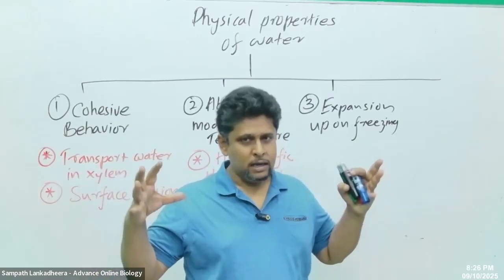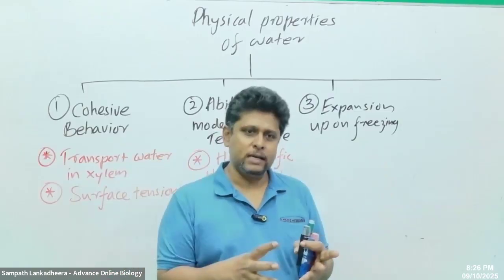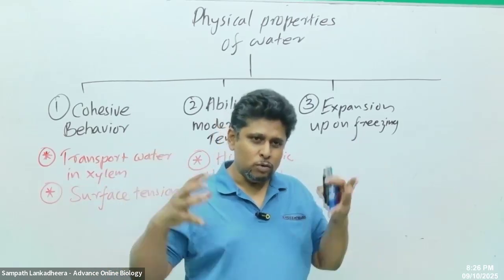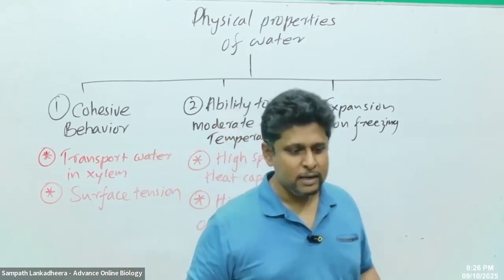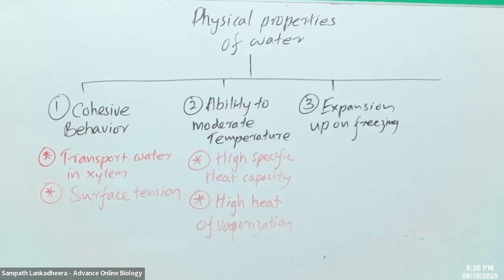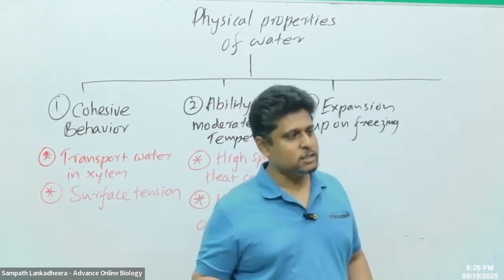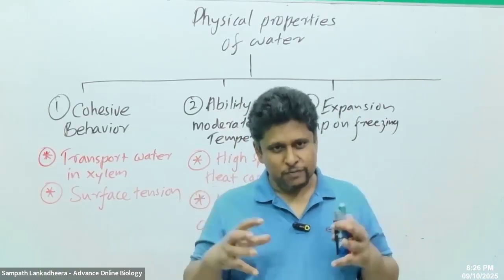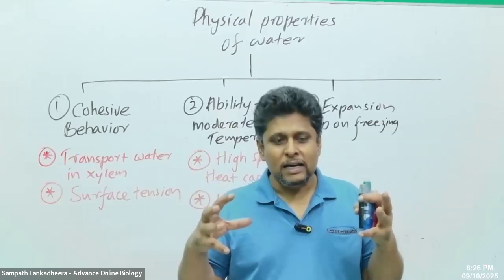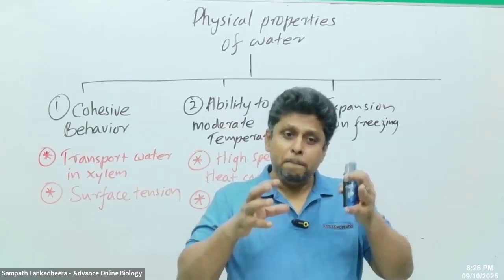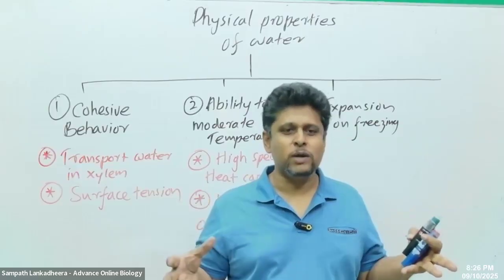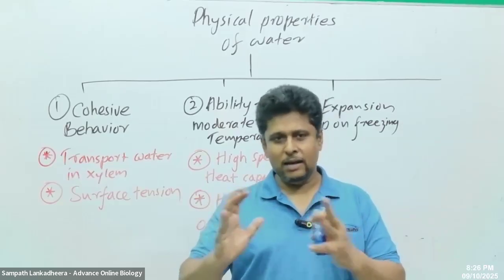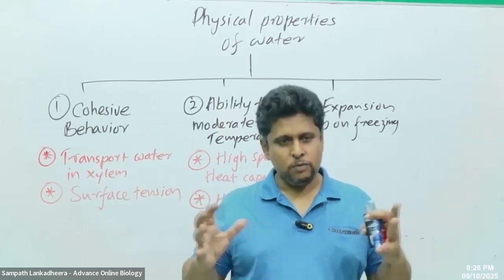Normally, for other materials, upon cooling the volume decreases. But in water, down to 4 degrees Celsius, we can see a decrease of the volume. Therefore, as it cools, the density increases. But below 4 degrees Celsius, something unusual happens. Water molecules start organizing properly, maintaining a fixed distance below that. So there is a volume expansion.